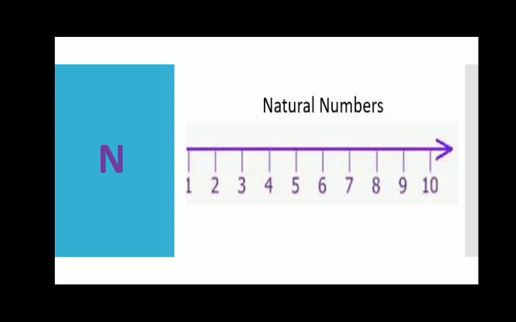The set of natural numbers are denoted by N, which starts from 1, 2, 3 and it goes on till infinity. This arrow mark tells you that it continues. These natural numbers are used for counting and it is always positive. Example, 15 books, 100 students, 2 buildings, etc.